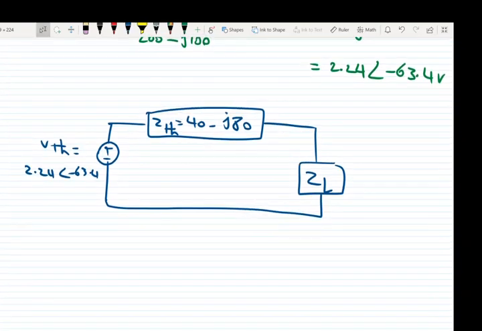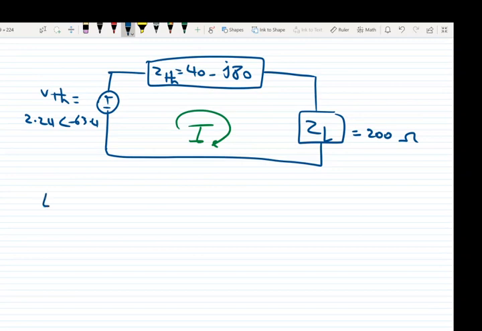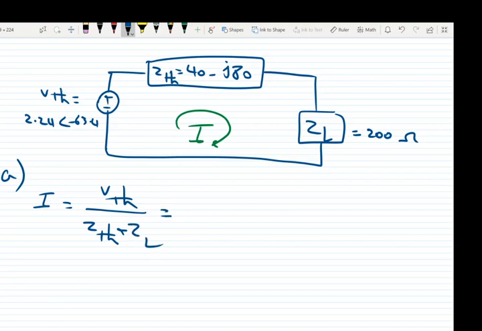So it says find the average power if ZL is equal to 200 ohms. So how can we do that? We can simply find it by finding the current. The current is part A, in fact. Current is equal to V Thevenin over Z Thevenin plus ZL, which is equal to